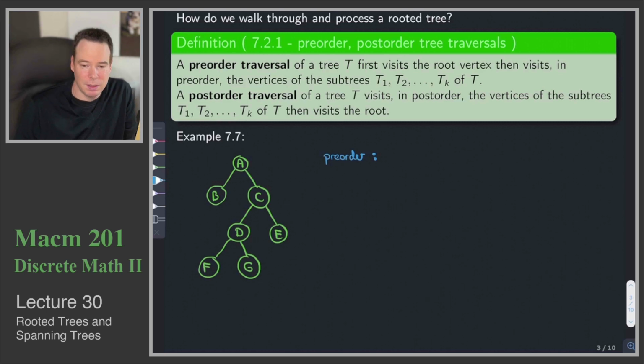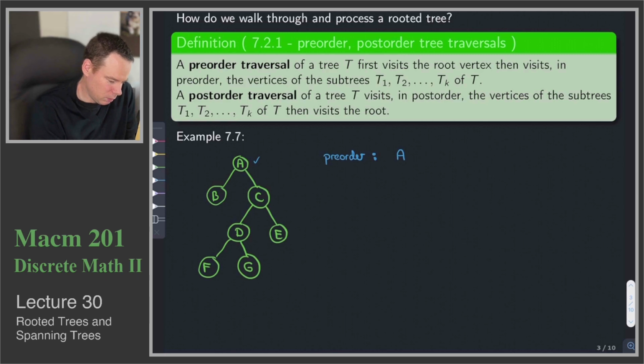Again, it's just a way of visiting all the vertices in the tree, and we do it in this way. It says, first visit the root vertex. Okay, so I'm at the root vertex, and then we just write down the vertices as we visit them. So I'm at the root vertex. There we go, and I'll just check it off as I go along. Now we visit the vertices in the subtrees T1, T2, and so on in a preorder fashion, in a preorder